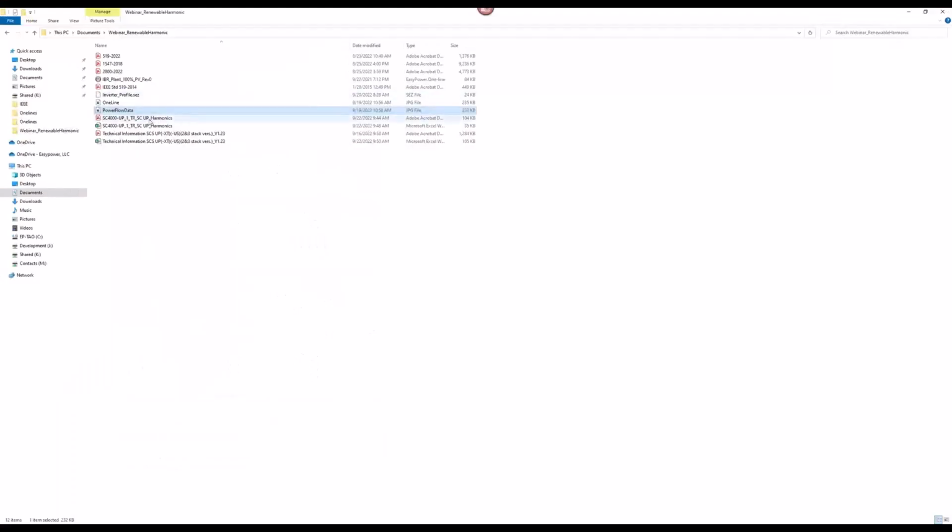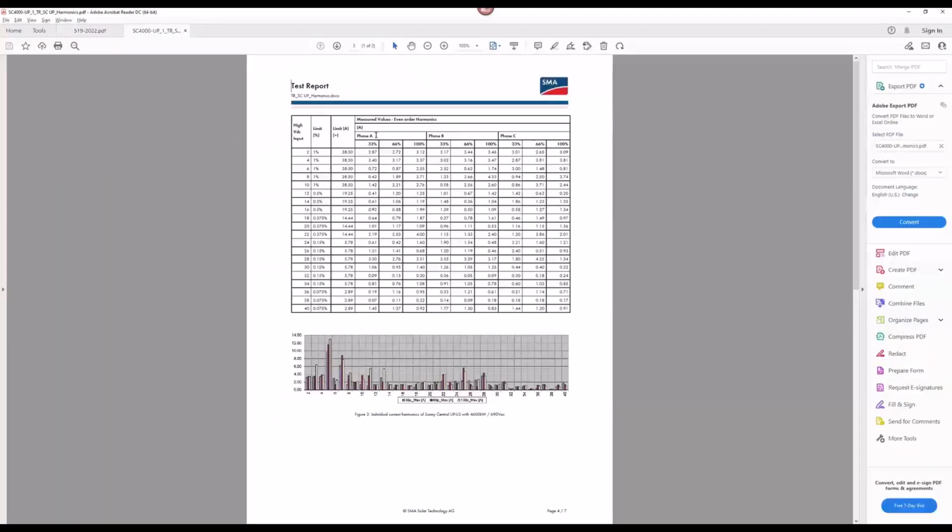Now, other than that, you also need the harmonic spectrum from the manufacturer, right? This is obviously the most cumbersome work that we have to do, which is to ask the right people for the right information. For SMA, it's easy because we know that SMA provides very robust data support of what we need. In fact, for the inverters, they all provide very detailed harmonic spectra for the inverters that they manufacture. So this is what we typically would need to request from our manufacturers: